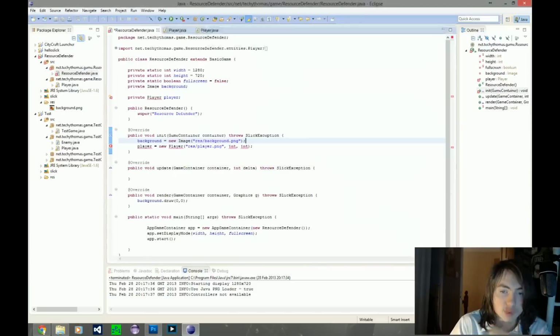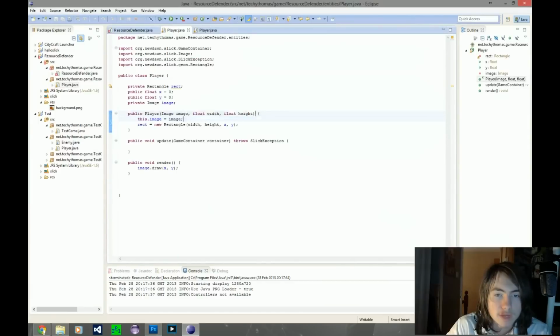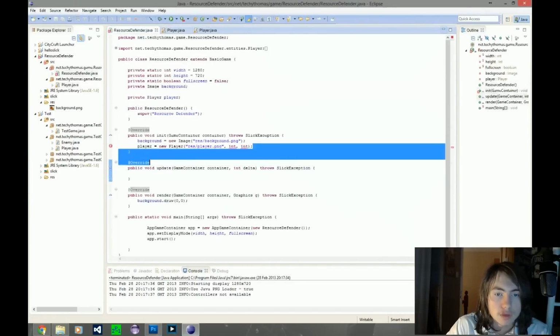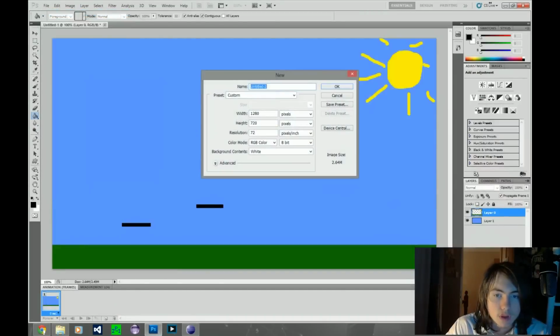We are going to need to import entities for that to actually work. There we go. And now we've got that. I think that's all we need for it. Yes, we do. So now we just create a basic player. A good size would be, say,